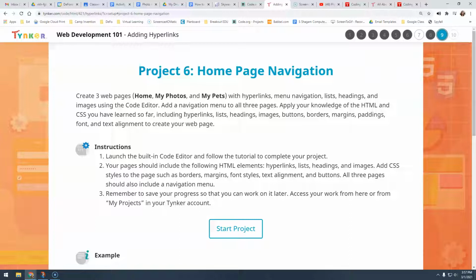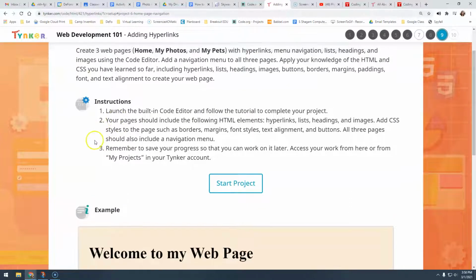We're going to create 3 pages, my photos, home, and pets with hyperlinks, menu, navigation, lists. We actually already have those pages created. We're going to be copying and pasting over most of the code from it. We're going to add that navigation menu to the 3 pages, and then we're going to add the hyperlinks, lists, headings, and then images and buttons. So buttons is a big one on here to make the page look nice. So we're going to